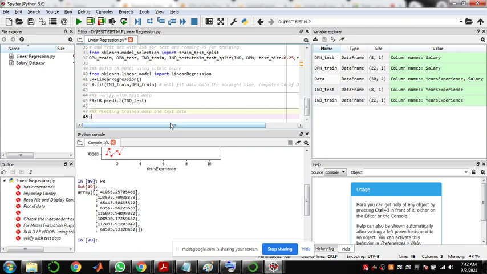So I'll do a plot. plt dot scatter plot of your dependent. The x-axis will be your experience, and based upon that the salary, independent training data,